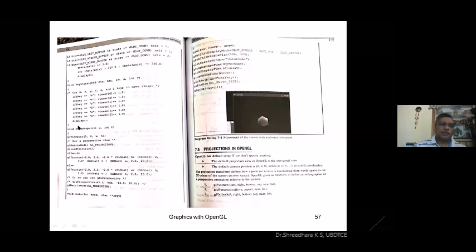The reshape function is the same as before: glViewport 0, 0, w, h, then matrix mode and load identity. Here we have to observe that instead of glOrtho, we are calling glFrustum because we want to see the cube realistically rather than as an orthographic cube. The realistic effect of the cube can be achieved with perspective projection, using gluPerspective or frustum. All these parameters remain the same as ortho, where near and 20 is the far distance.